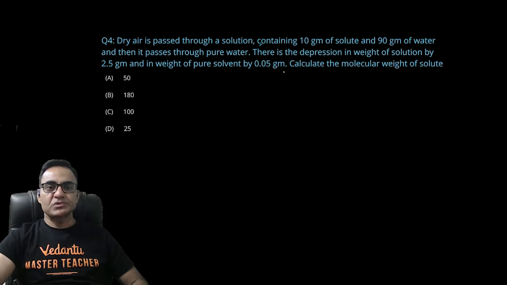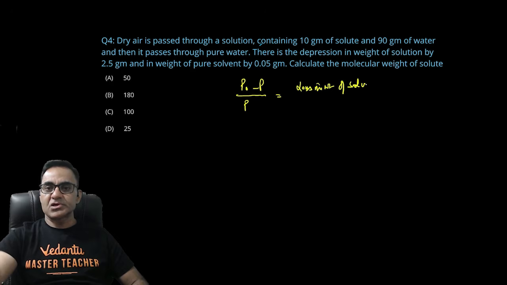Dry air is passed through a solution containing 10 gram of solute, 90 gram of water, then it is passed through pure water. There is a depression in weight of solution by 2.5 gram. ये बेसिकली ओस्टवाल्ड वॉकर मेथड है, इफ यू कैन रिकॉल। आपको सॉल्यूट का मॉलिक्यूलर मास निकालना है, तो P0 माइनस P अपॉन P, P0 सॉल्वेंट का वेपर प्रेशर है, मस्ट बी इक्वल टू लॉस इन वेट ऑफ